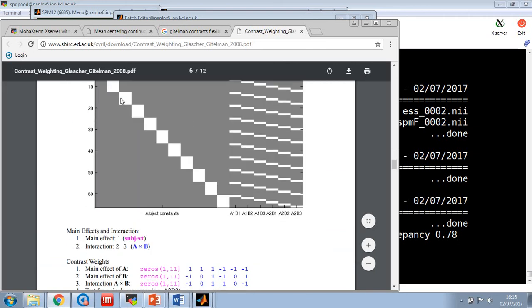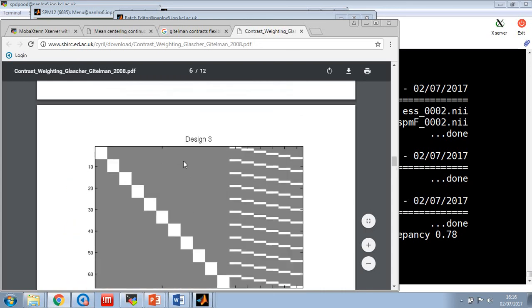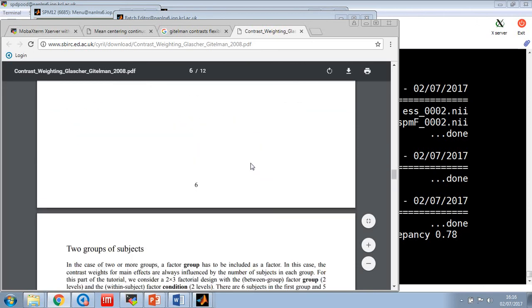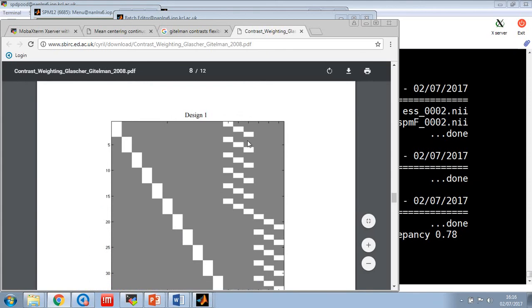When you use this model with these columns here, the main effect of subject columns, it's inappropriate to test for the main effect of group, because the between subjects variance is being explained by these columns. So if you take average, do main effect of group, let's say this isn't a good example here, but so here we go, 2 groups. 3 conditions on group 1, 3 conditions on group 2, so repeated measures, and we're controlling